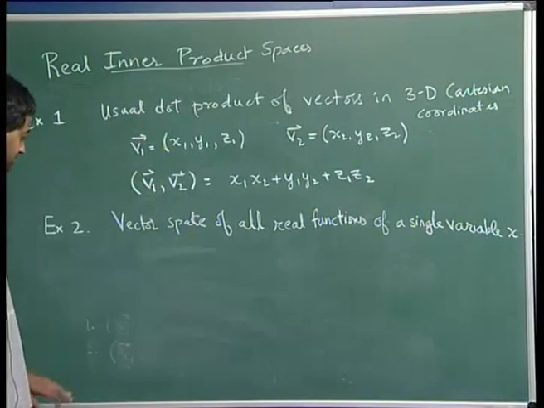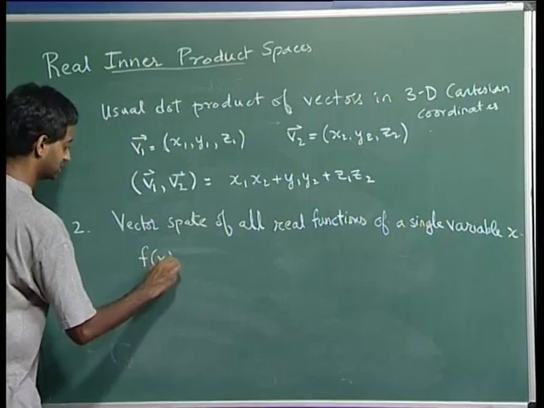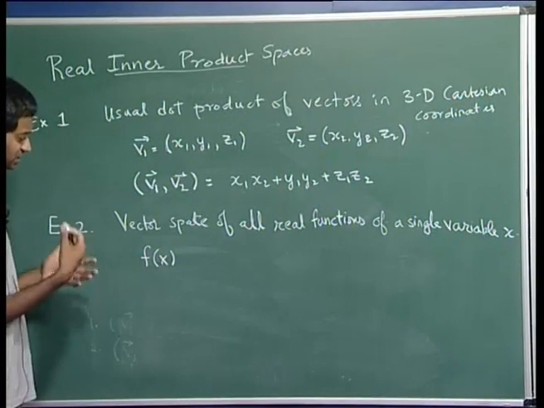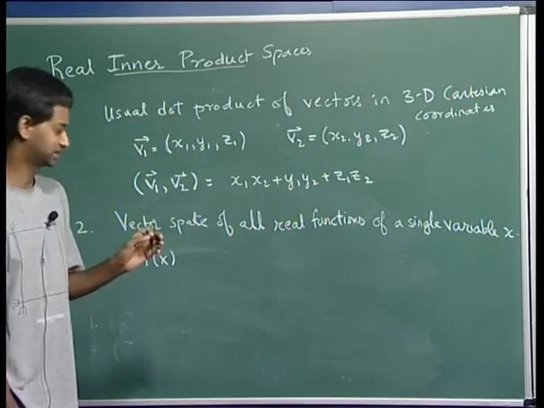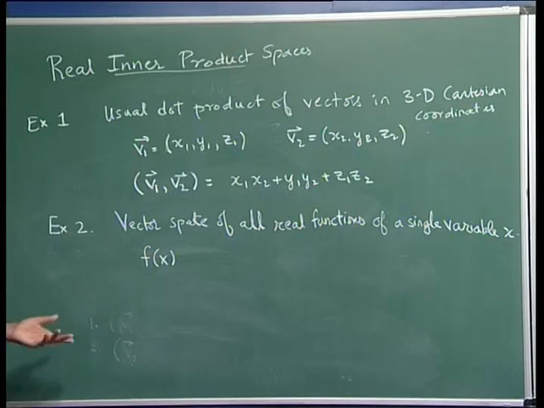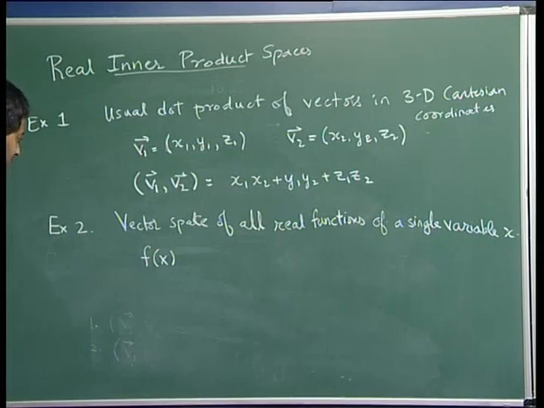In the last class we saw that the space of all real functions of a single variable, f of x, where f of x can be any function of a single variable. It can be polynomial, it can be trigonometric, it can be exponential, it can be an exponential of a logarithm, it can be any function, and this forms a vector space. Okay. And if you look at this vector space, then we can define an inner product,